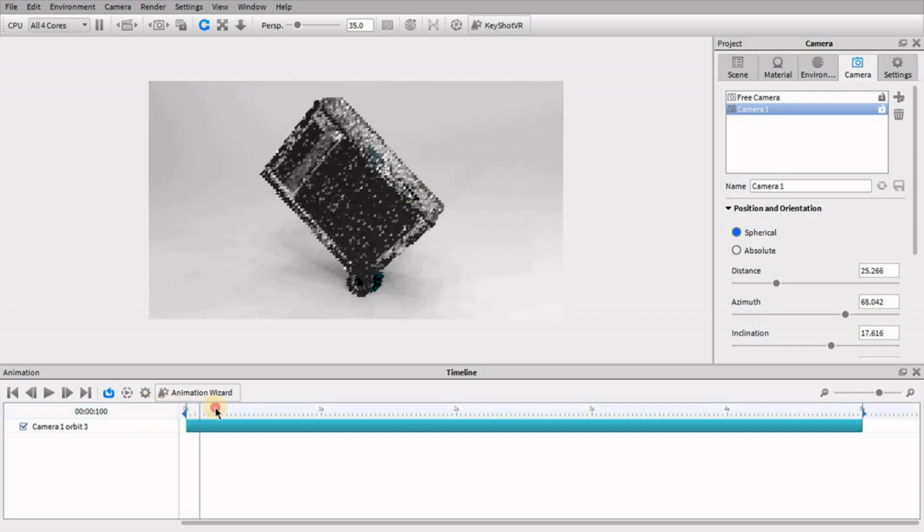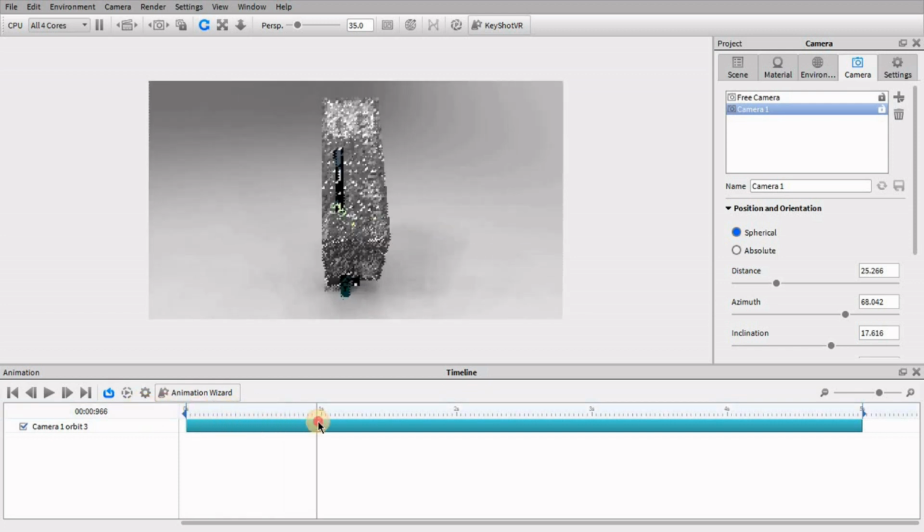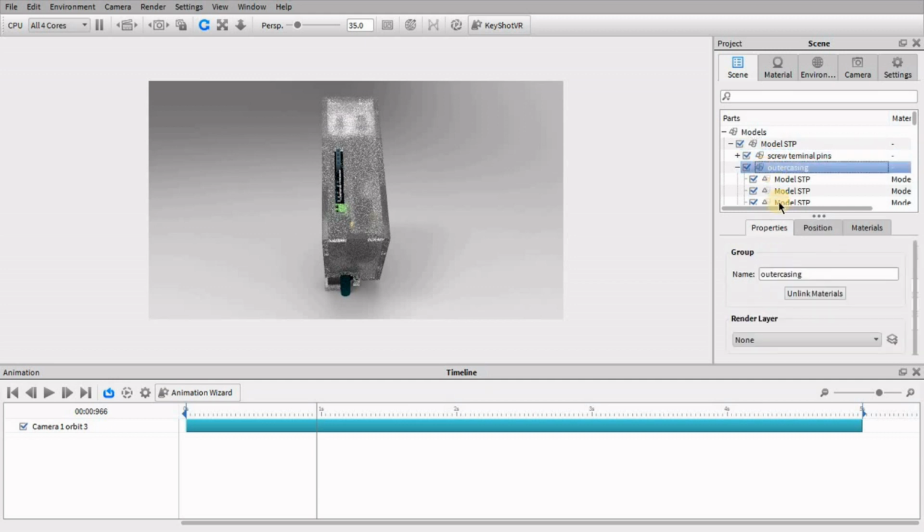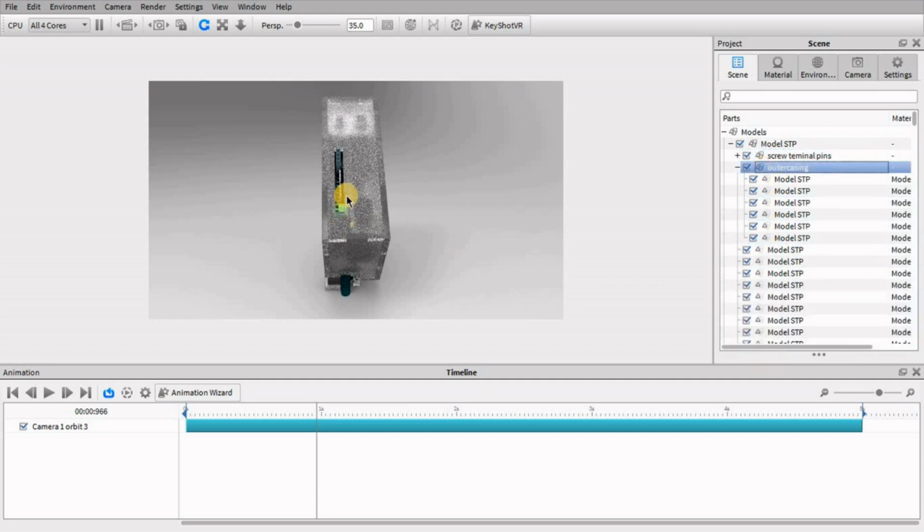Now we want to disassemble outer casing of the device. For that, first select one face of the outer casing and give it translational motion.